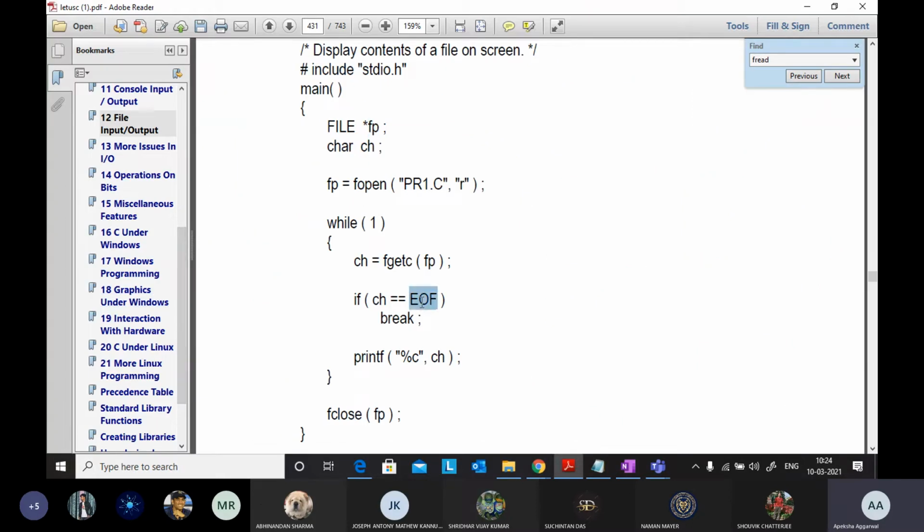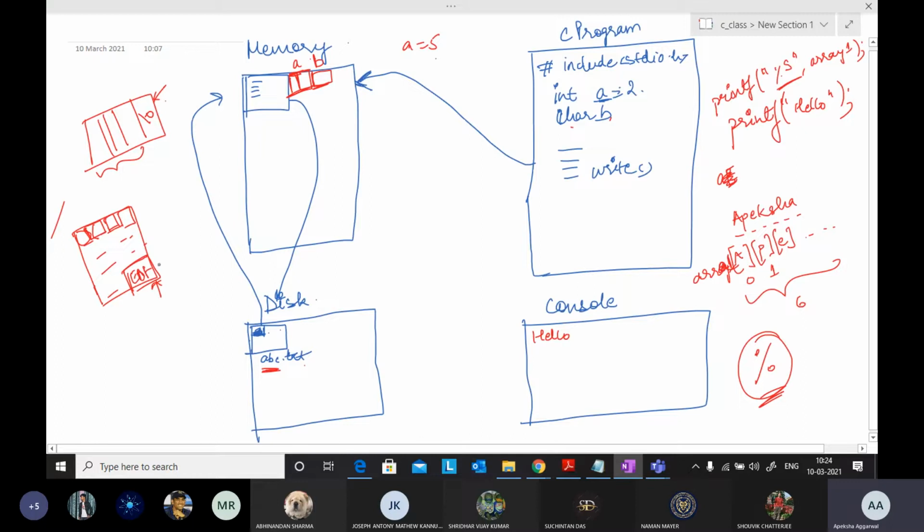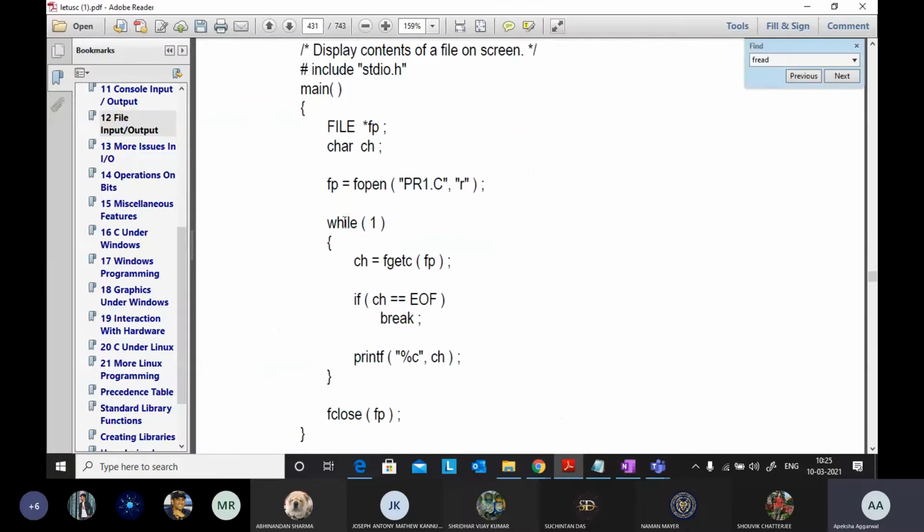If you want to check, you are reading the file character by character, first character, second character, and whenever you reach the last character, you say okay, end of file has been reached, so I have read the whole file. Now, while(1) is for running the loop infinitely.